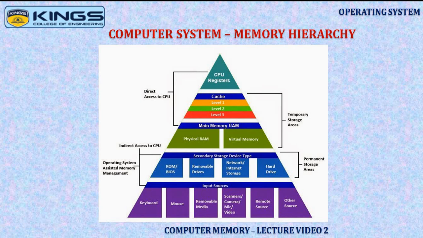The external memory, also known as secondary storage or auxiliary storage, comprises magnetic disk, optical disk, and magnetic tapes. And these are the peripheral storage devices which are accessible by the processor via I/O module. At the bottommost, we also have the other sources of input that include regular input devices and remote sources like access to external storage units and cloud storage, etc.